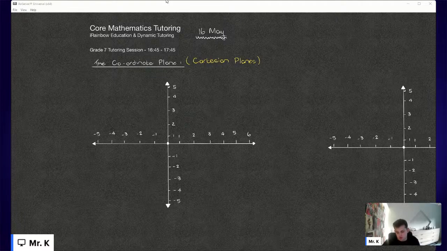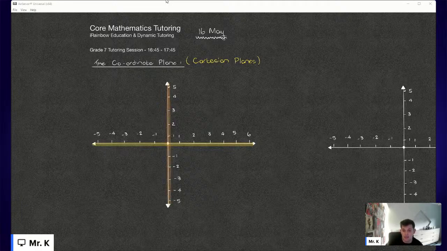We know that this grid is made up of two separate lines, right? The first line is a horizontal line that we see over here. And the second line is the vertical line that we see running from top to bottom. And these lines are called axes, grade 7s. And it's really important to understand because each of them is given a unique name. So the yellow line running from left to right is called our x-axis,